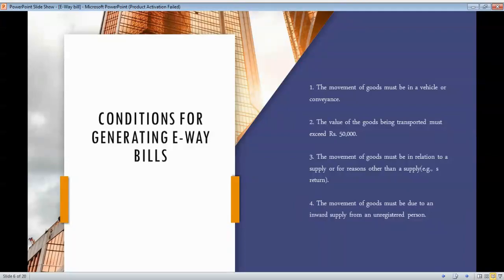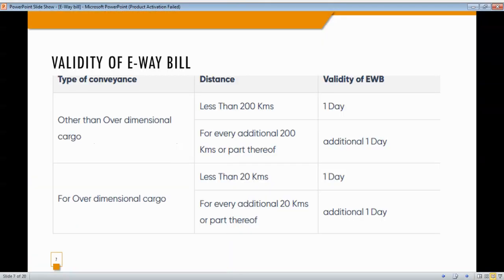In a simple form, the movement of goods must be in a vehicle or a conveyance. The value of goods being transported must exceed 50,000. The movement of goods must be in relation to a supply or a reason other than a supply, for example, a return also. The movement of goods must be due to an inward supply from an unregistered person. So these are the basics you have to know, and these 10 conditions are very important for generating an e-way bill. When it comes to the validity of the e-way bill,